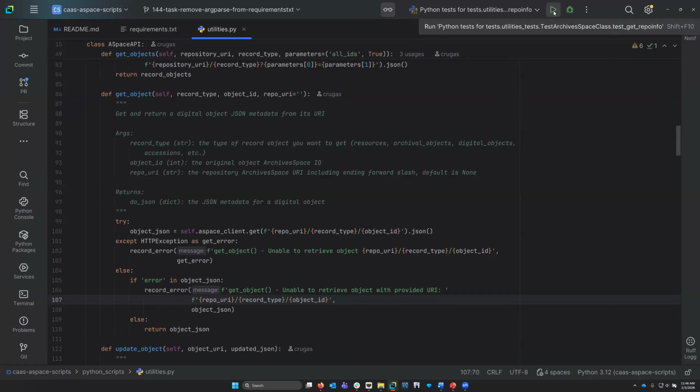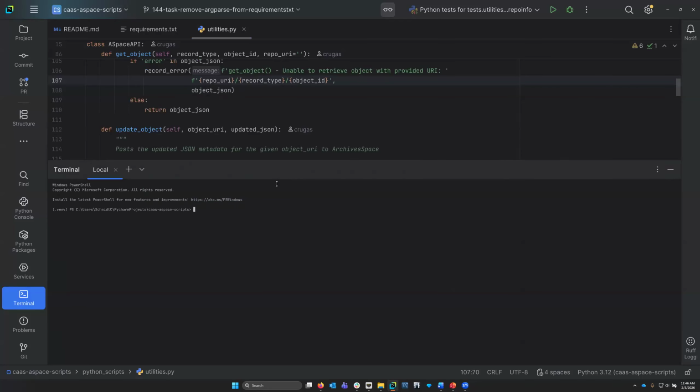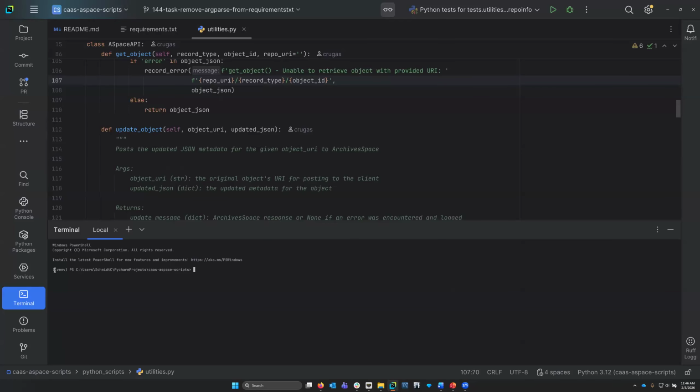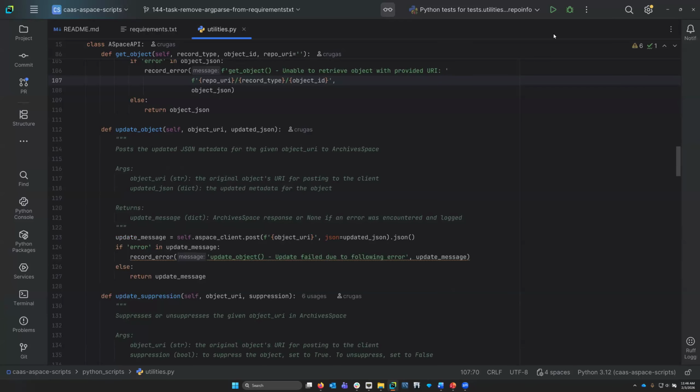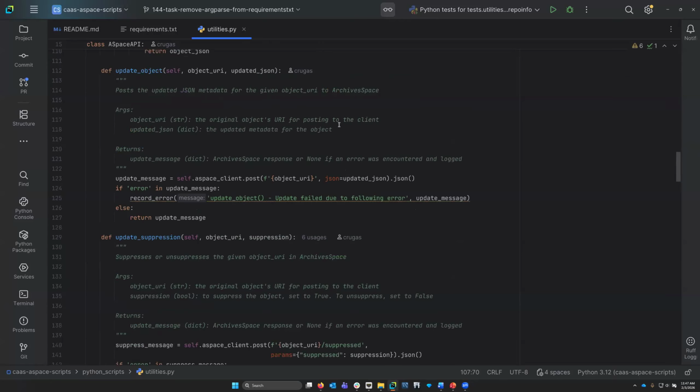The play button allows you to run the script that you are currently in, just within PyCharm. You don't necessarily have to run it through a terminal, although PyCharm does have a terminal. If you look on the bottom left-hand screen, it comes with an integrated terminal. A useful thing about the terminal is it defaults to the virtual environment that you've already set up, so you don't have to go there. But in the case where I don't even want to mess with the terminal, I can just click this play and it's going to try and run the script. If I have something like a main declaration and it says, run main function, I can just click that and